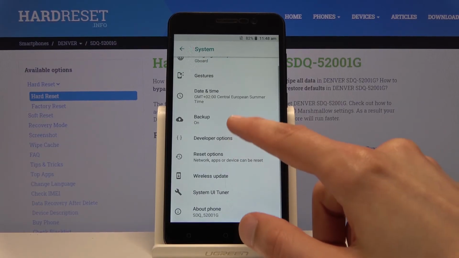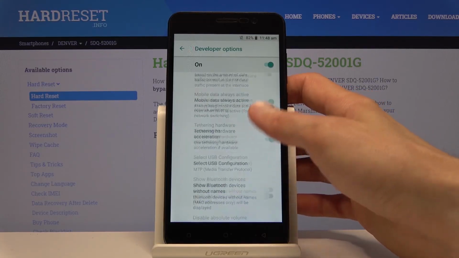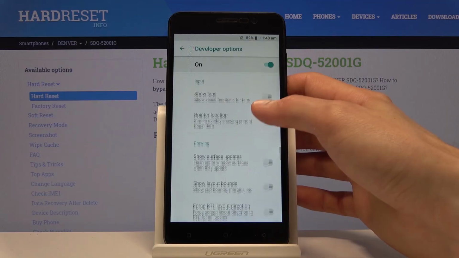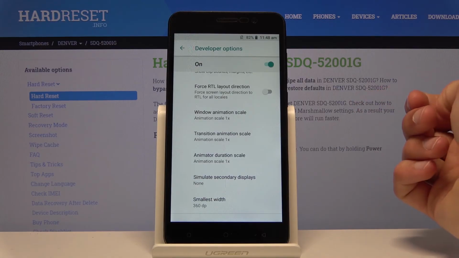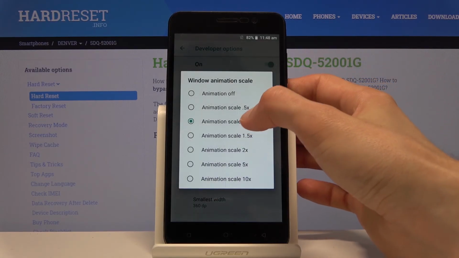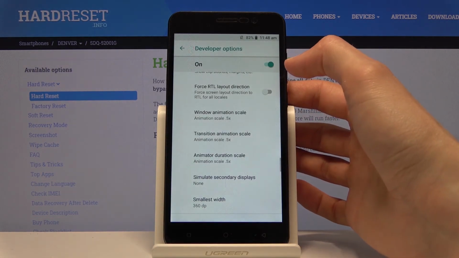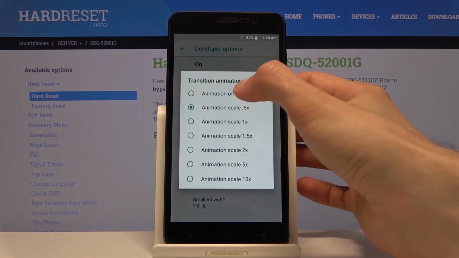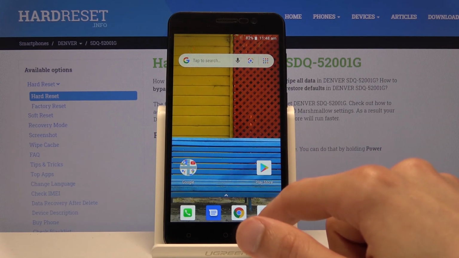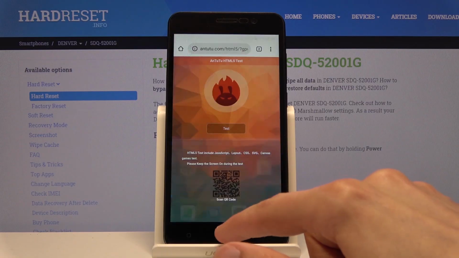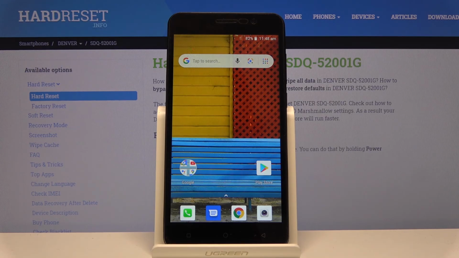From there, let's go back to developer options, and you want to scroll down to the animation sections, which will be, there we go: window animation scale, transition animation scale, and animation duration scale. Now you can change each one of them from 1 to 0.5, which will decrease the animation by half, so that will be way faster. Or you can simply go to off, and this will completely remove the animation. As you can see, there is no more animation for opening up and closing stuff. It just goes instantly. Now, this would conclude all the tweaks and tricks that I want to share,